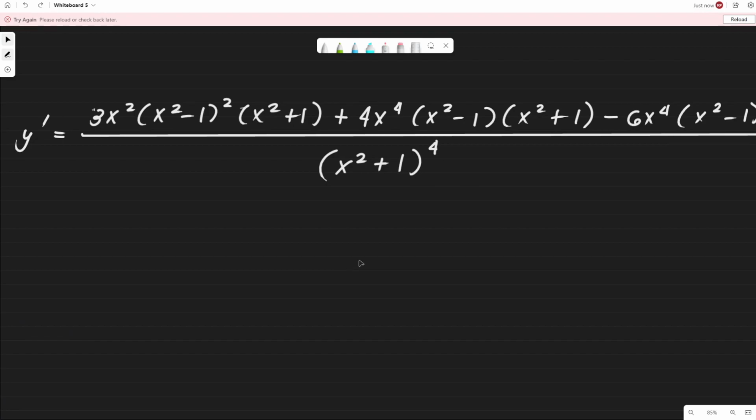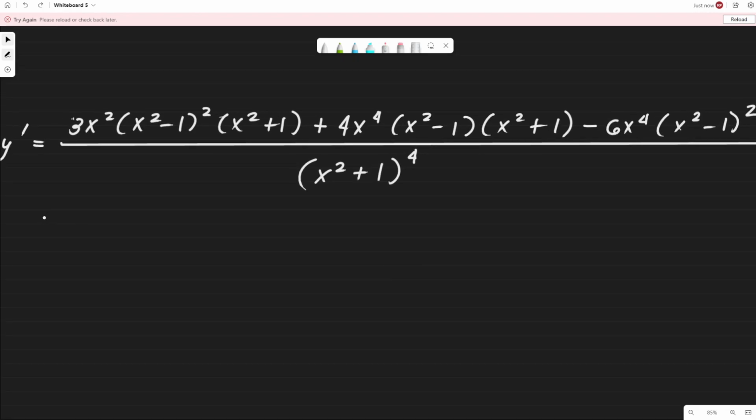We have a common term, x squared times x squared minus 1. So we have x squared times x squared minus 1, so we have 3 times x squared minus 1 times x squared plus 1,